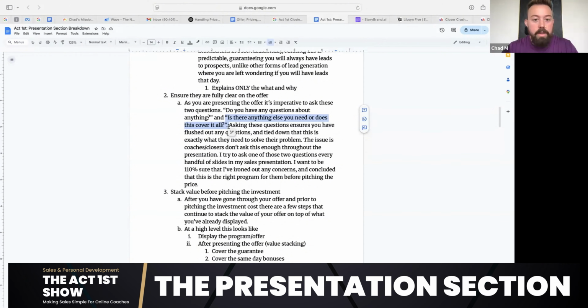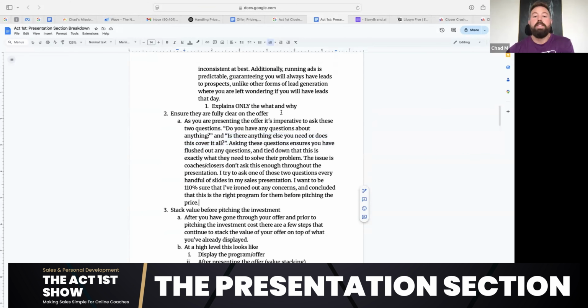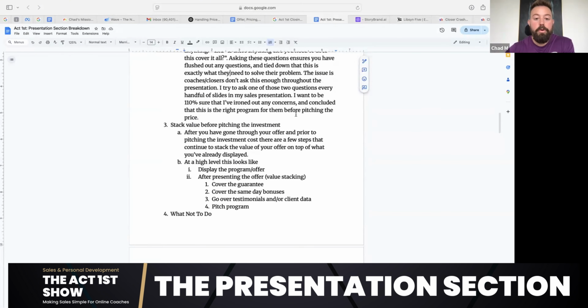And they say, no, nothing else I need. This covers it all. That's them selling themselves that this is the right program for them. Okay, so the second purpose of the presentation section is to ensure they are fully clear on your offer. Okay, the third and final purpose of your presentation section is to stack value before we pitch